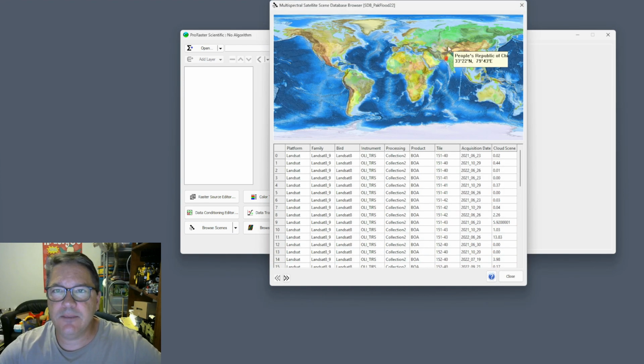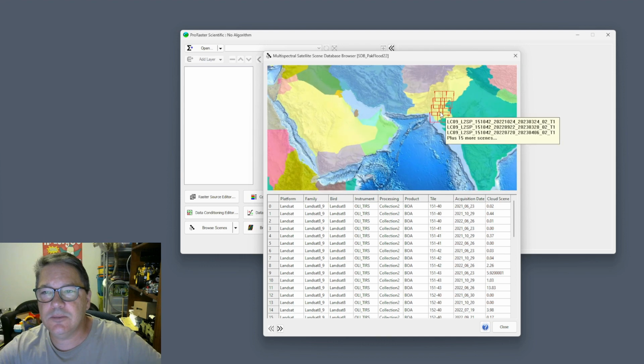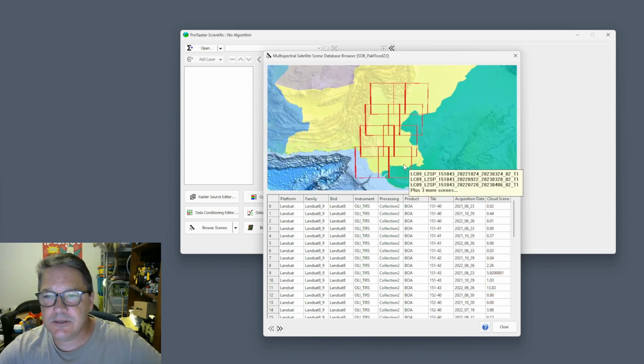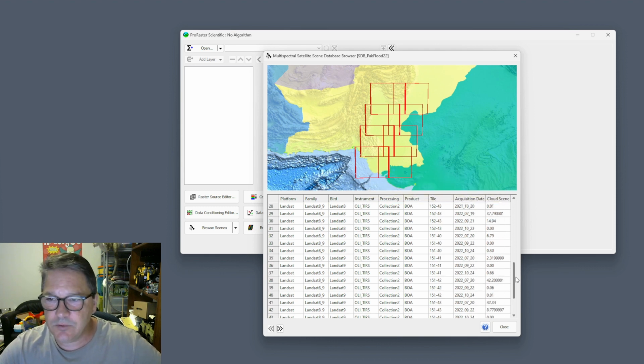So our import has happened, and now we have this browser for the database, and we can zoom in on the map here, and here are the 48 scenes. So if I hover over this, you can see the names of the 3 scenes, plus it says there's 3 more in that location. And down here you have a spreadsheet with all the scenes,